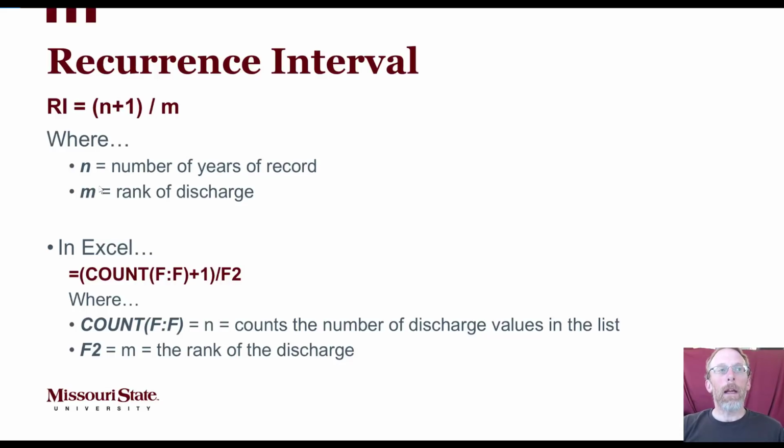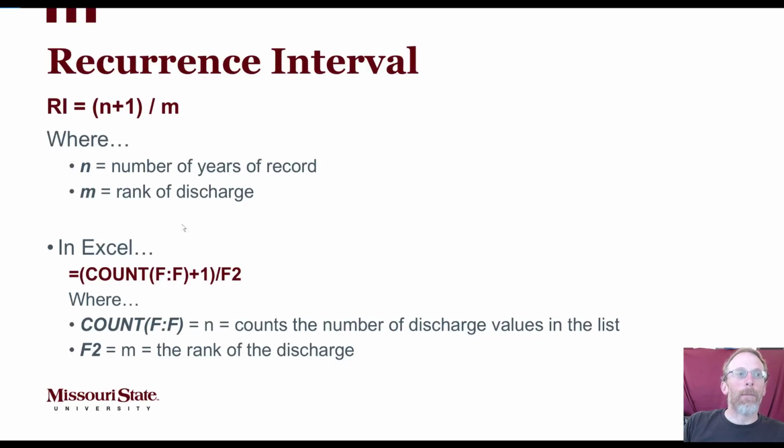So our biggest discharge in the list, our number 1 rank, will be 97 divided by 1, or a recurrence interval of 97. Our second biggest discharge in the list will be 97 divided by the rank of 2, so 97 divided by 2,